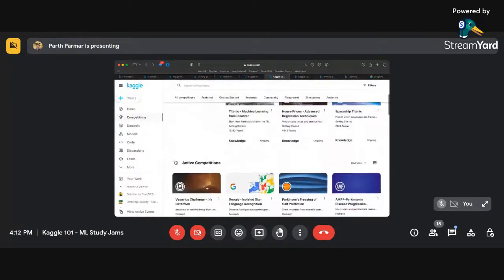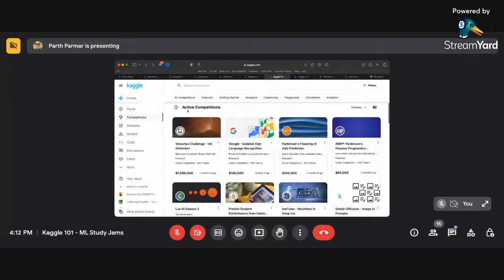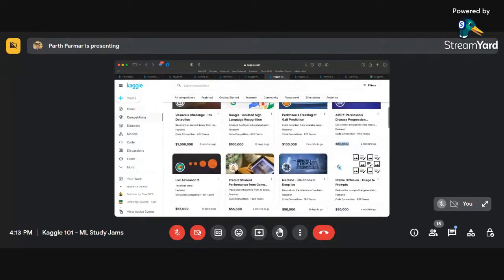So then there will be competition. So this is active competition. This is the thing I was talking about, right? So there are constants of $1 million. This is $1 million. Then there is $100,000. Again $100,000, $60,000. These are all the things, and this is not as easy as you would think it is,